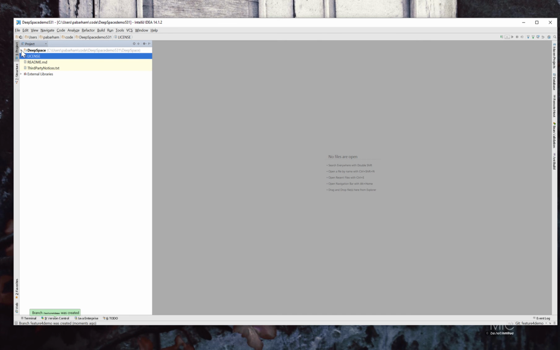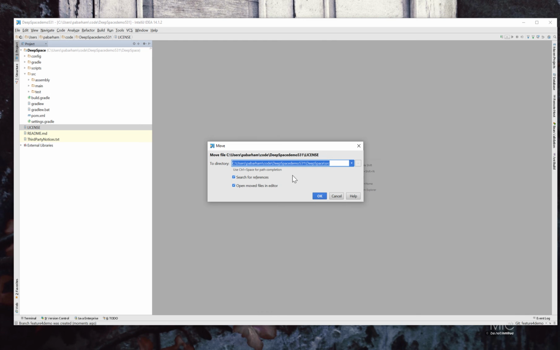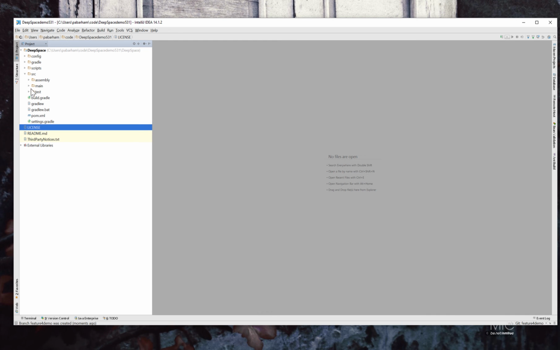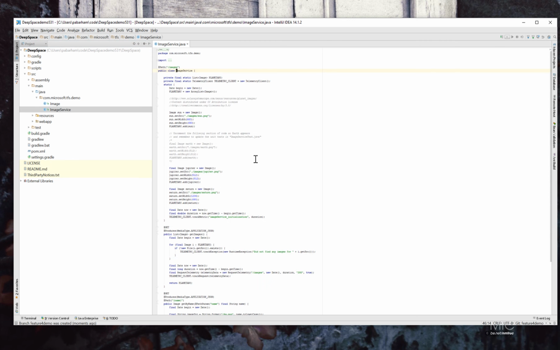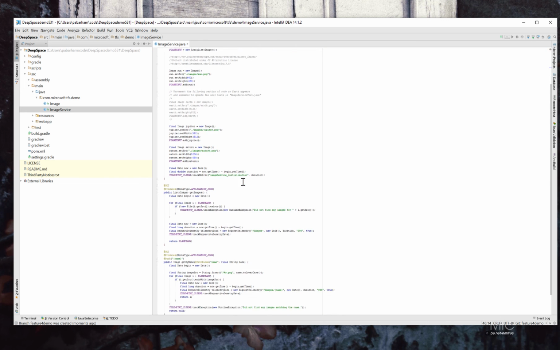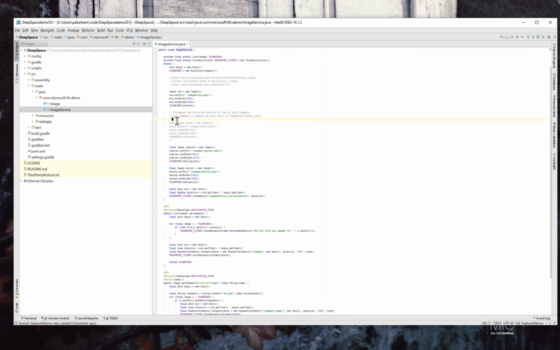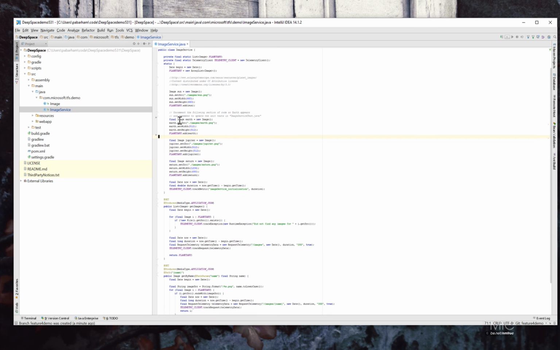Now I can safely go in and find the code. It was under source, main, Java, image services, where I wanted to do it. So I'll double click there, open this file. To add here, I need to come down and find this code here for Earth. If I uncomment some of this code, okay, that should do everything I need to do to add Earth